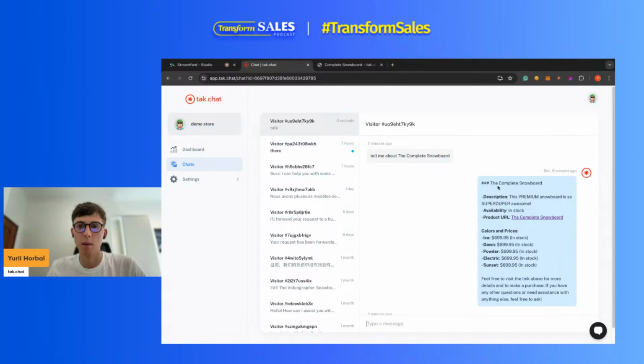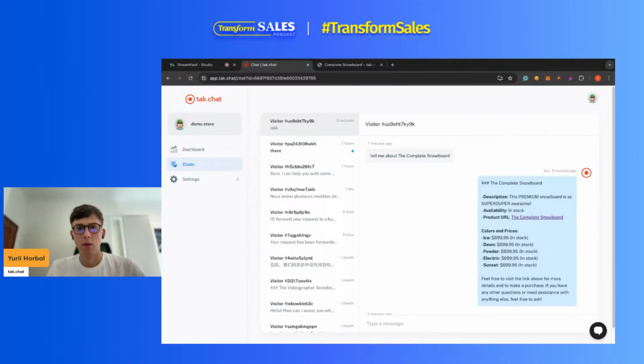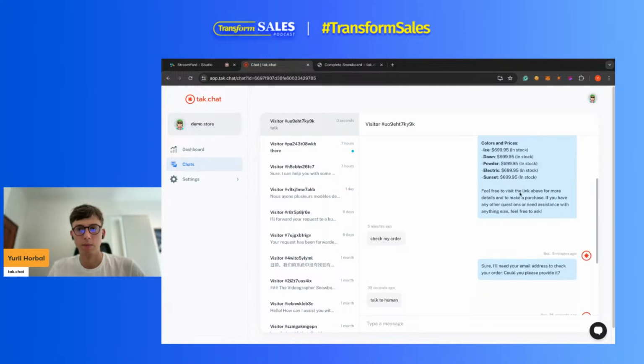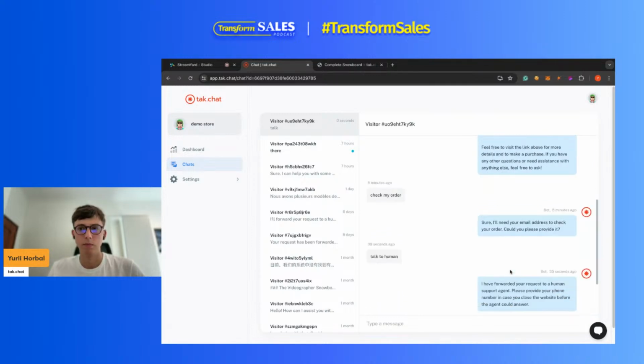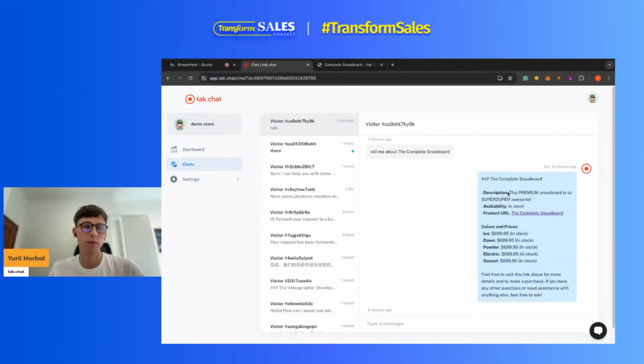But each message in here that is answered by the bot is charged if there are over 50 messages per month. So that's how it works. Not the conversation, but each message sent. Up to 50 messages a month. Yeah, for now it's like that.